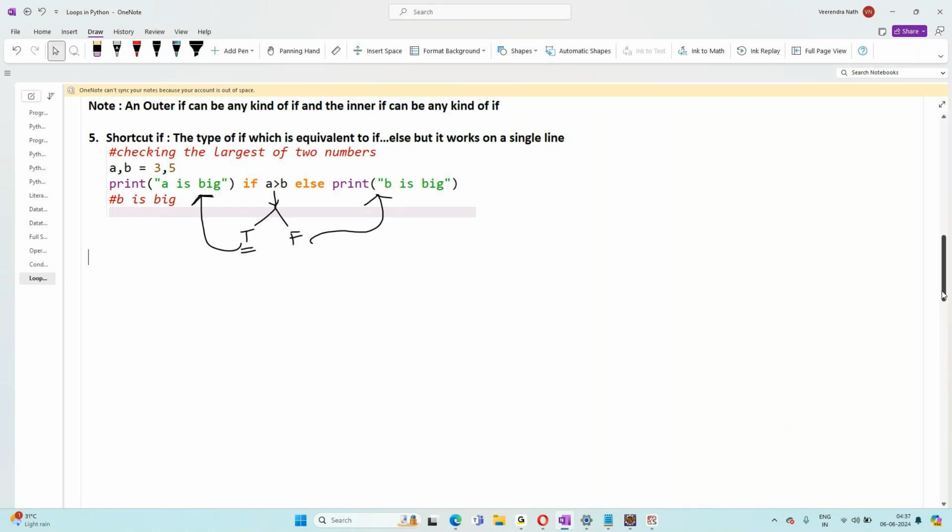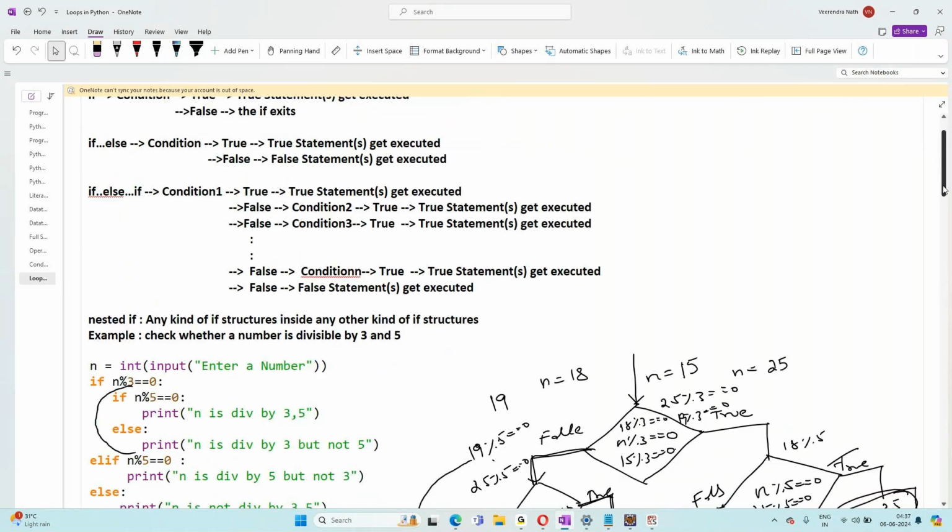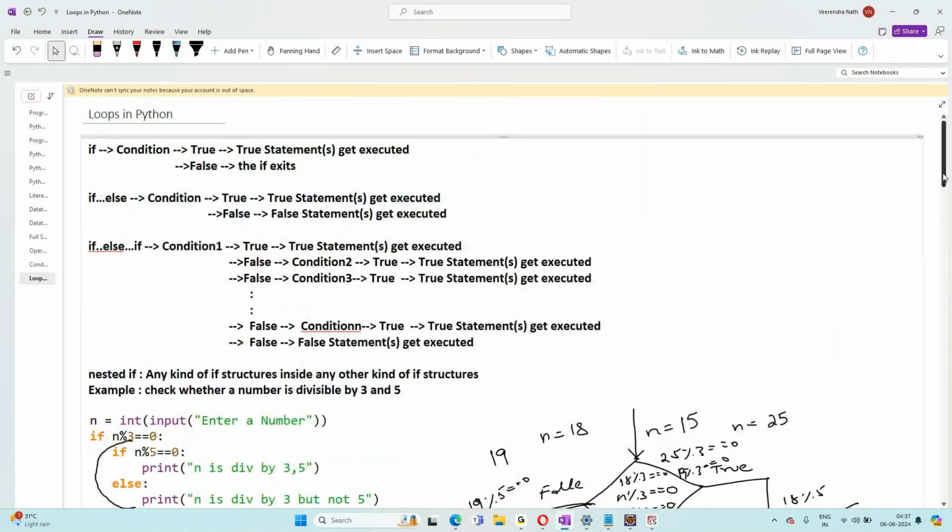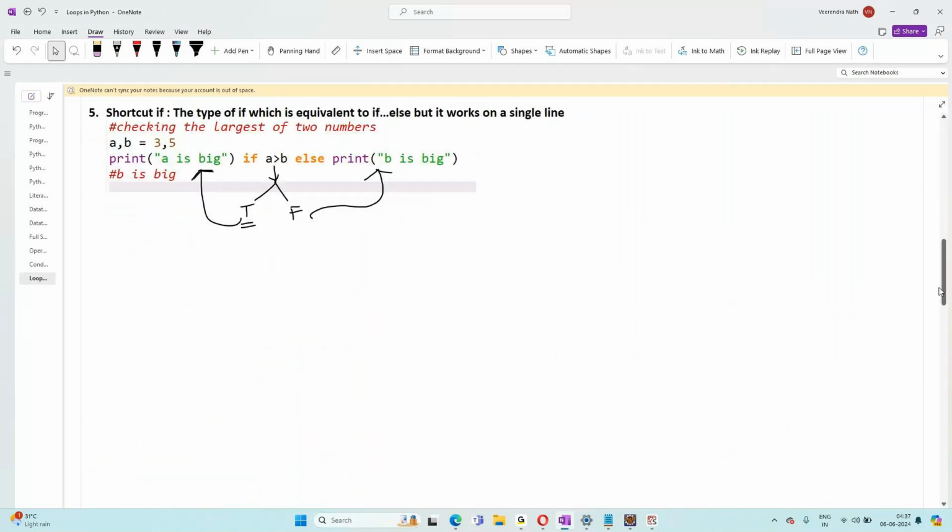So these are all the styles of the if statement. We have if condition, if else if, nested if, and shortcut if. Then we will be talking about the loop control structures. So whenever I'm saying loop control structures,